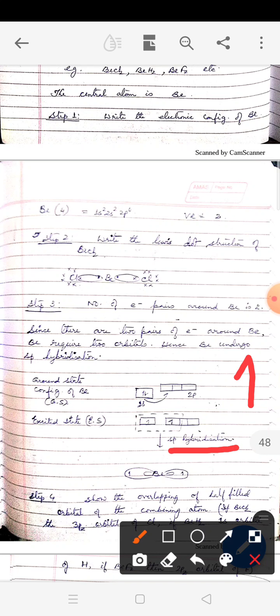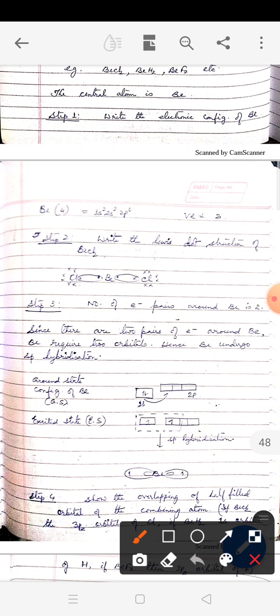Now as you know, each of the orbitals will have neither the shape of s nor the shape of p. Each orbital looks like this: one smaller lobe and one bigger lobe. You can see the video which I have sent you earlier. And now the two orbitals, how do they arrange themselves? They arrange themselves in a linear manner. You can see they are at an angle of 180 degrees. And these small lobes we usually do not show when the diagram becomes very complicated.